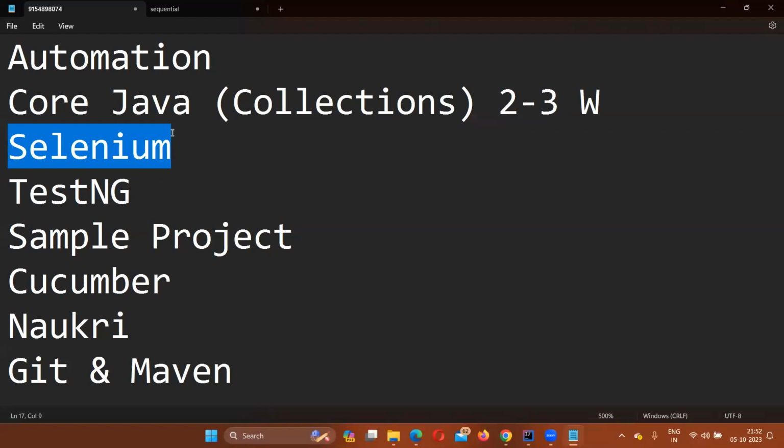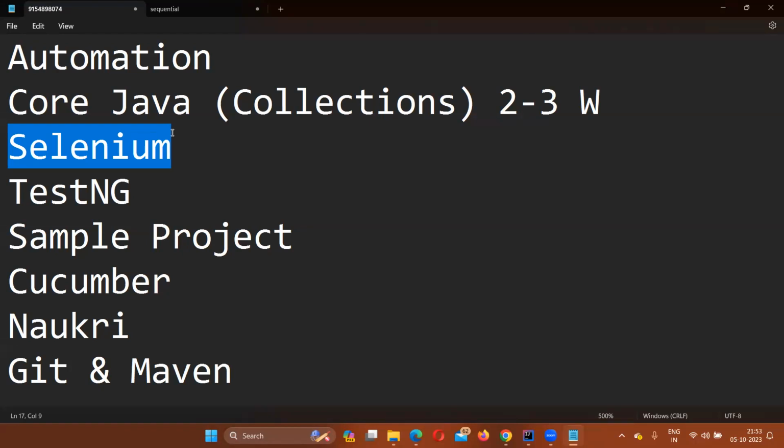Whatever you do with your browser, opening the browser, going to a website, going to Facebook, typing your username, typing your password, clicking on the login button, opening a separate tab, uploading some file, or clicking on some like button, whatever it may be, everything can be automated with the help of Selenium. That is why Selenium is a browser-based automation tool. Whatever activities you do with your browser can be automated by writing some code.